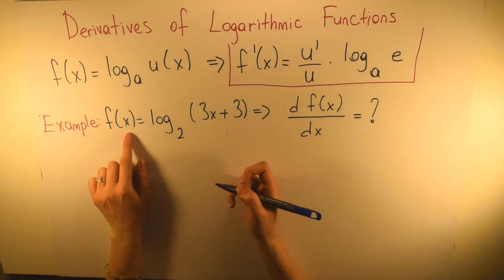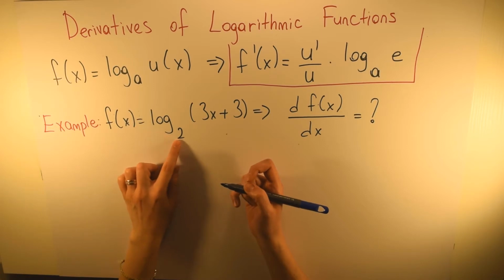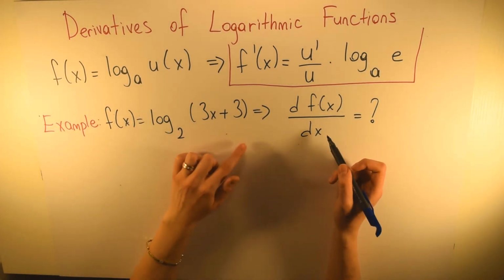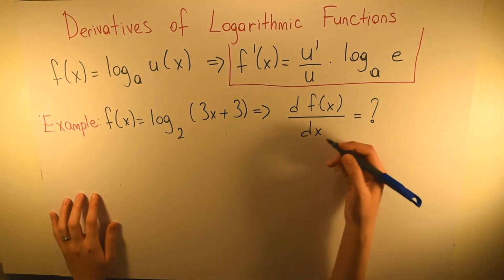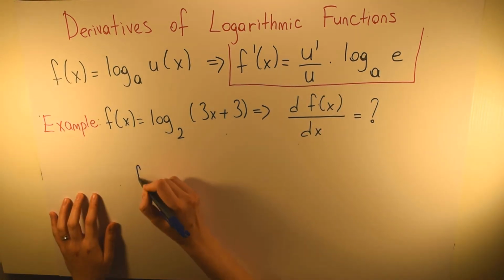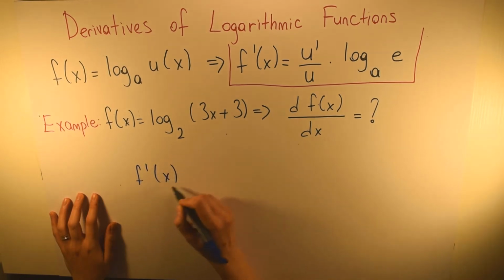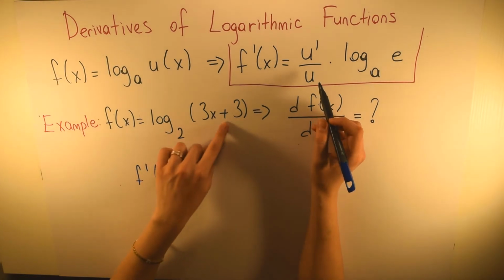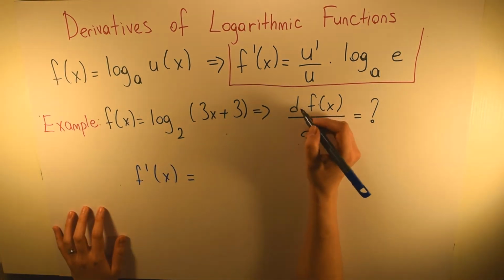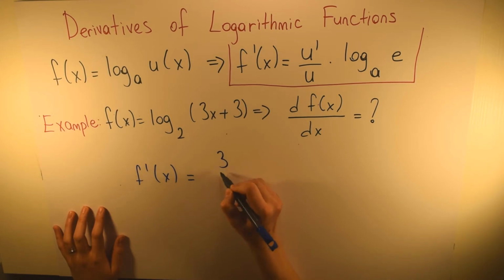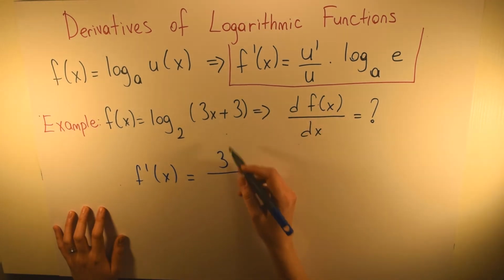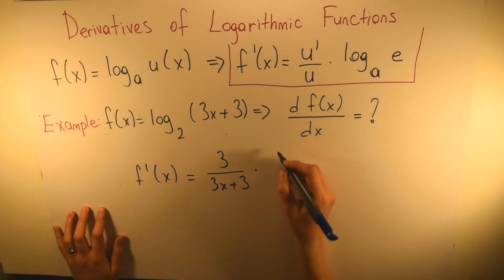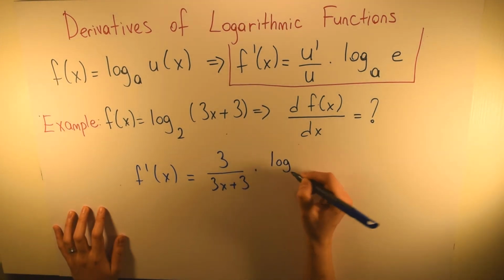Here we have f of x is equal to logarithm base 2 of 3x plus 3. So what is the derivative of f of x? Let's apply this rule here. It says the derivative of f of x is equal to the derivative of u, which is 3x plus 3, right? So what's its derivative? It's equal to 3 over, we write this as it is here, so it's 3x plus 3 times logarithm base